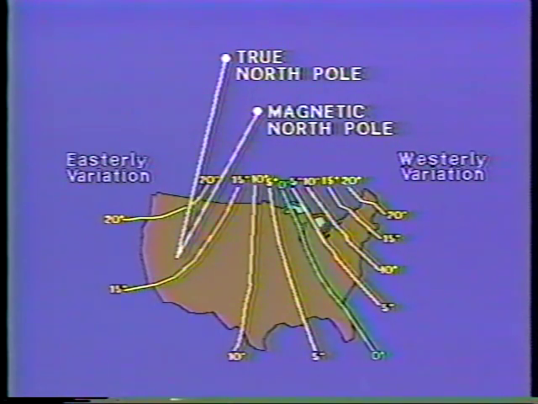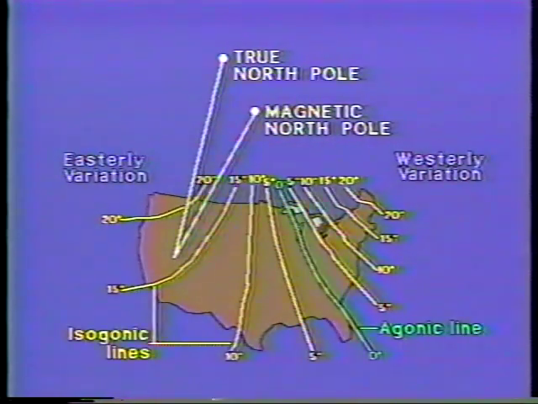To achieve a true course of 85 degrees with the wind blowing from 5 degrees to the right, you must fly a true heading of 85 plus 5, or 90 degrees. However, the magnetic compass uses the magnetic North Pole rather than the true North Pole, so we must account for the difference between them. This difference between true and magnetic north is called variation. It is marked on the charts with dashed magenta lines.